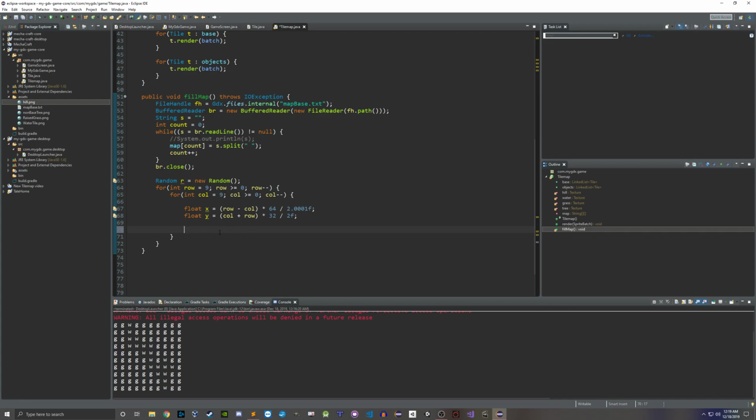Now, we need to go ahead and check. Now, the reason why this is 9, by the way, is because our array is 10 by 10. This is what I've found works. So we don't want to go out of bounds in our array, correct? But what we do want to do,